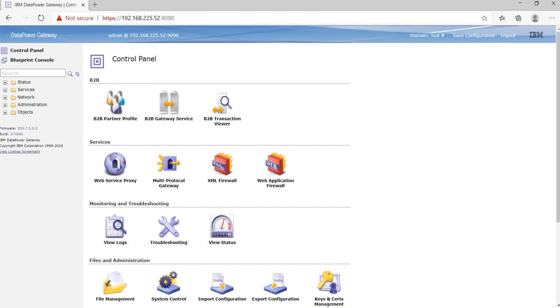I'll tell you the use cases in which we need to import a complete domain, or in which case we need to import or export the objects one by one, or how we can import the complete domain with all the configuration.